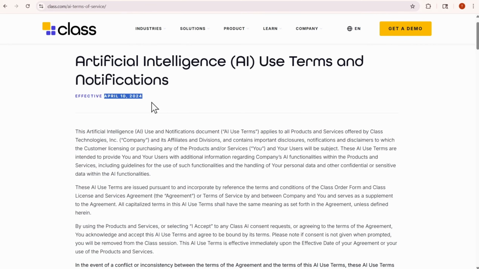We already know in the United States that since 2024, there have been a lot of US state privacy legislation that have come out. And those generally will affect the products and services being sold if it is in fact that Class sells its products in the US. Now, this is a .com site, so I presume that the solutions are being sold in the United States. If that is in fact the case, these terms should be reviewed in order for the business to be able to confirm that it's still compliant and it's still offering terms that are consistent with its obligations in those jurisdictions, right? So what does that mean in simpler terms?